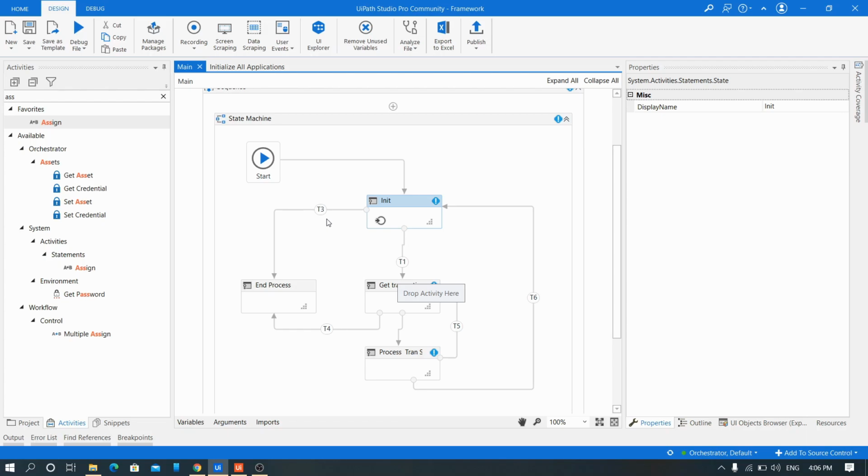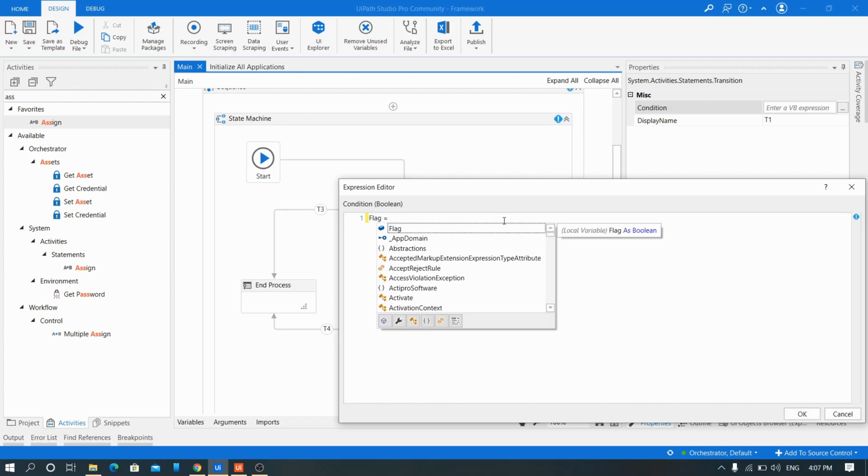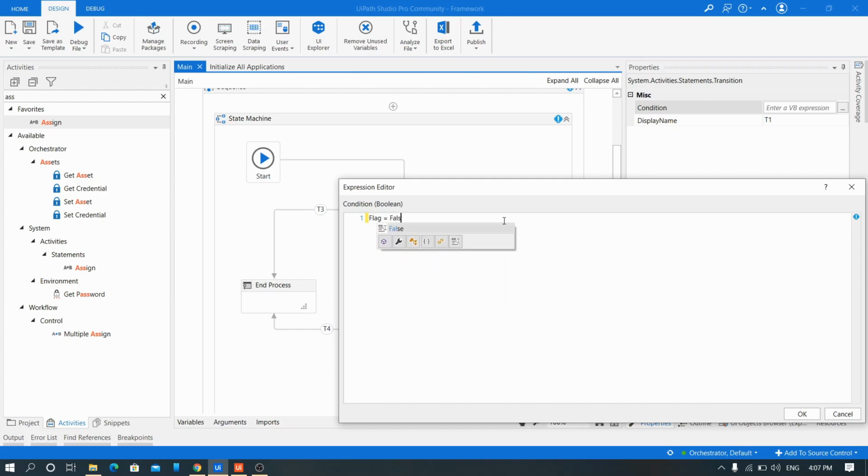When my flag is true, that means I've got one error. So better not to go with the process. Let me just end the process here itself. So when to go with the T1 workflow? When I don't have any error. That means flag is equal to false.